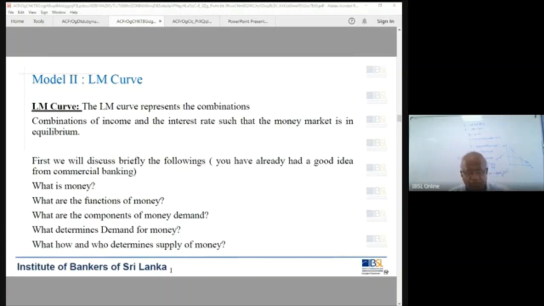Money, notes and coins. If you have 100 rupee notes, that's the most liquid asset. You need not convert. But FD, you have to go to the bank. You instruct the bank manager, I have the FD, I want to get cash. Then he cashes this and deposits that money in your savings account. From that, you go to the ATM and withdraw money. It takes time.